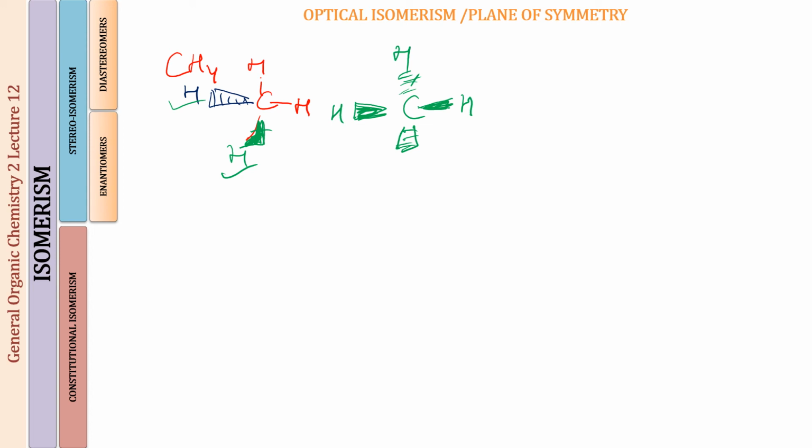Now imagine that you have a plane going through the carbon in such a way that it cuts it in half, so that one vertical and one horizontal hydrogen go along with one half of the carbon, and the other two go with the other half. So this is also one plane in which you can bisect this molecule into two halves, again a plane of symmetry, and again the molecule is achiral, it is going to be optically inactive.